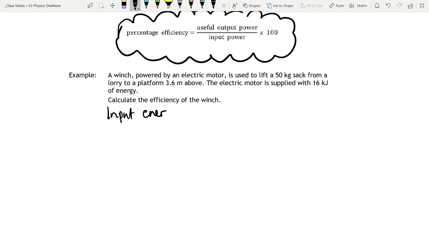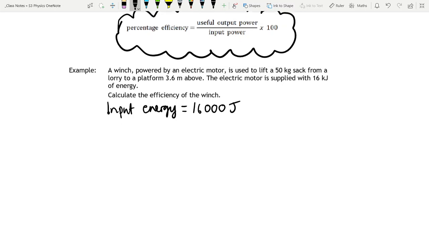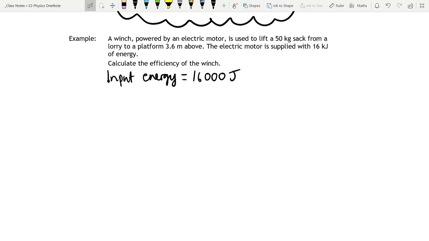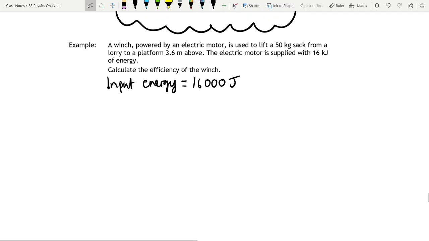Right, so it's supplied with, so our input energy is 16 kilojoules, so 16,000 joules. We need to know the output energy as well, so what it actually does, the useful output energy. So to find that,